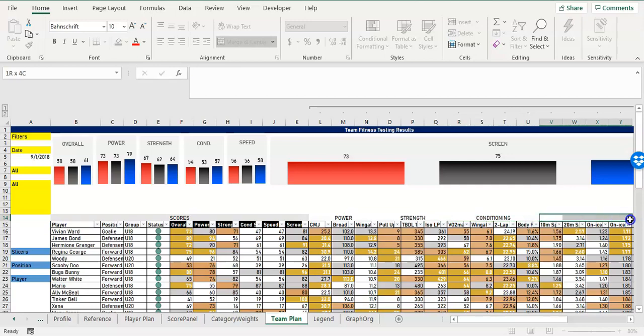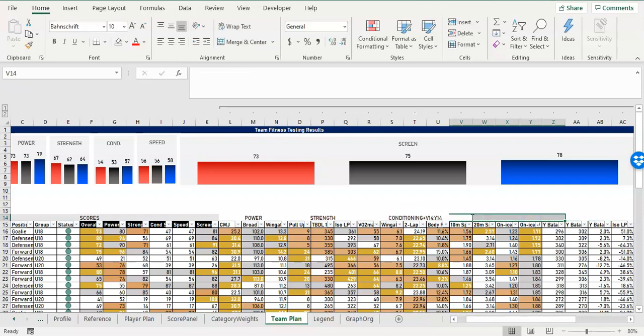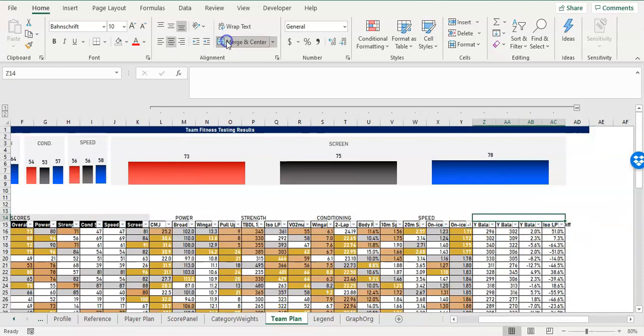And here's all my speed. Oops. I don't know what I just did there. Do this, merge and center, speed. And now let's do this. This is the screen. Merge screen. Okay. Now that we've done this,